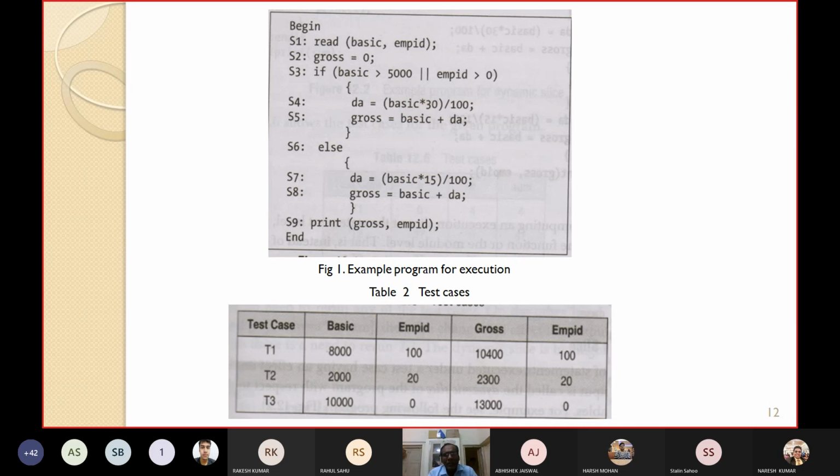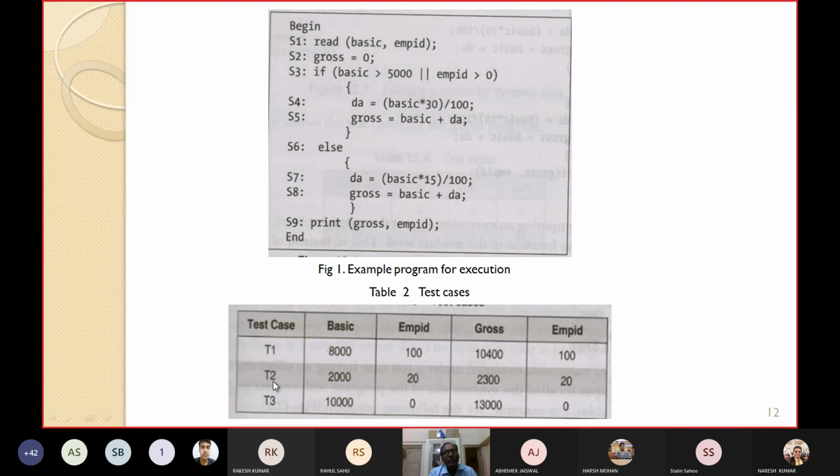So how do I get this? By using the concept of execution slice. That means for T2, which statements are affected? S7 and S8 are affected. So the execution slice will be this. Whenever there is some change in S7, I need to rerun only test case T2. In this way, you can prioritize these test cases, and only T2 will be given priority 1 and only that one will be executed.